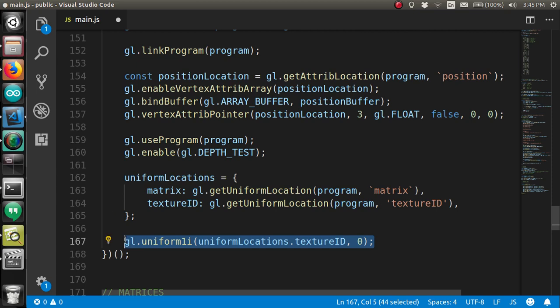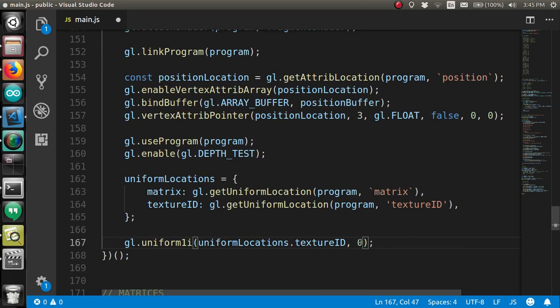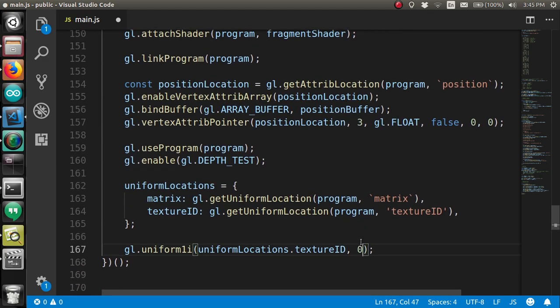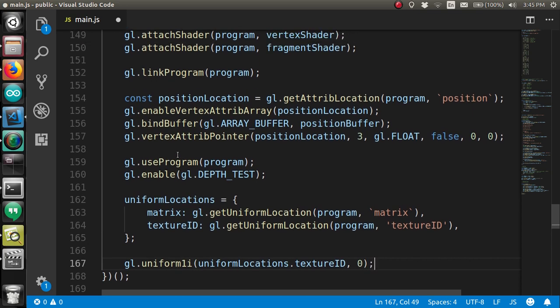Of course, we do need to set the uniform to 0 at the beginning. Well, I mean, you could set it to something else, but since brick is in location 0 and I want it to render brick, I'll set it to 0. If we had 35 textures, then I might set it to 23 to begin with. Now this will not render quite yet. There is one more step,